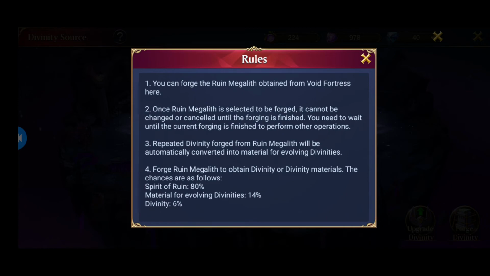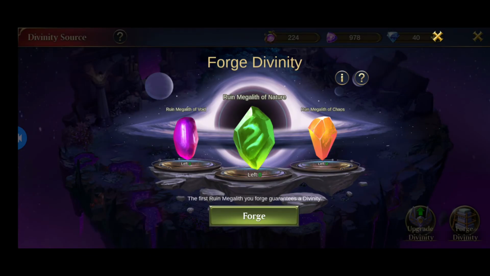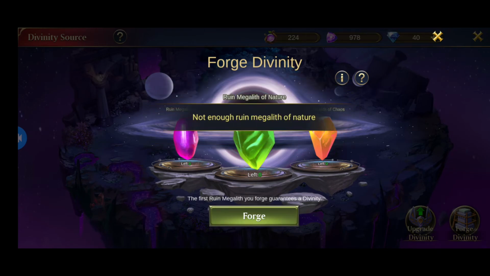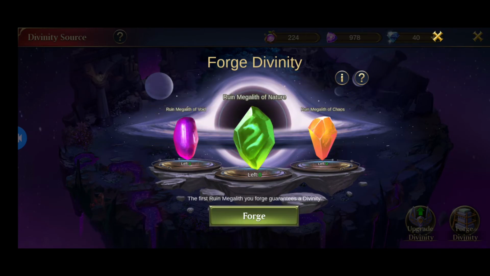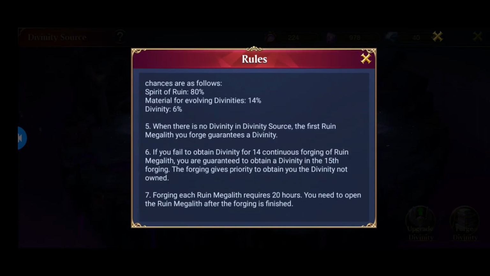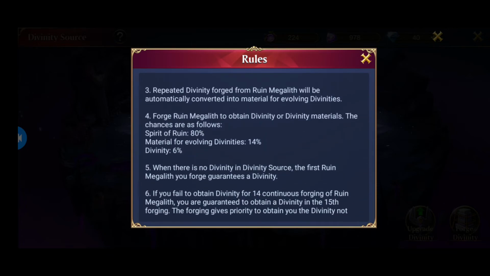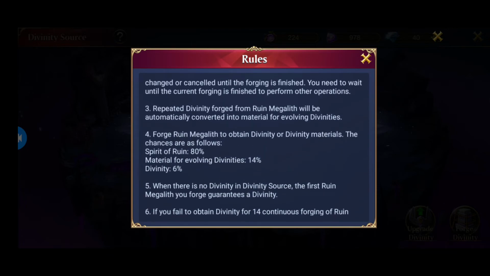If you want to know the chances every time you forge one of these, of course I don't have one, but if I had one, I would click forge, and I think it takes about 24 hours to forge. It says it's 20 hours required, so I can speed it up by using crystals. When it's forged, there's a chance to get three different things. As you see, there's an 80% chance to get the Spirit of Ruin, which is what you need to